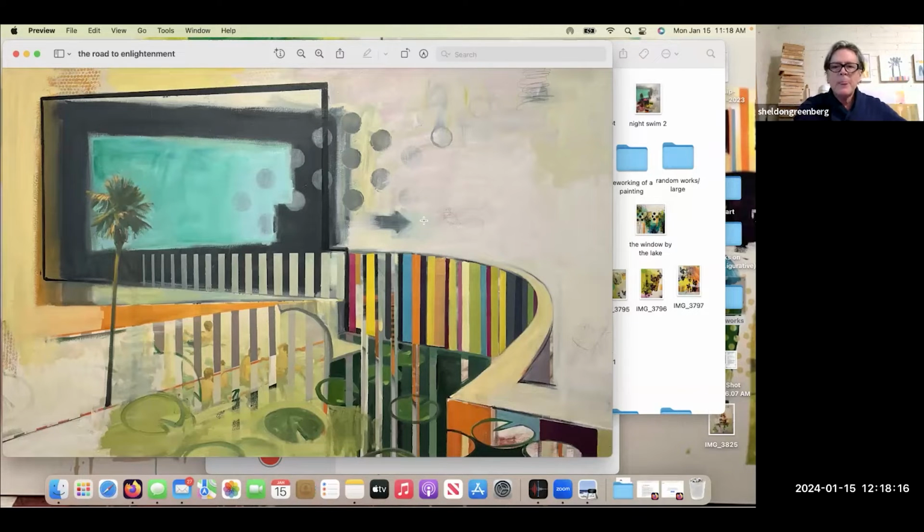I use a lot of layering, and something else that I find is really effective, and a lot of times it's something that I have to always bring up to everyone, is that we're constantly thinking about adding, right? So we're adding things to the composition. We're putting things in. We're configuring a painting. But then it gets to a point where, and this is true with everything, realism, abstraction, it doesn't matter, at some point you need to start taking things away. And how much can you take away and still have the essence of what you want in the painting without cluttering it up with too much stuff?